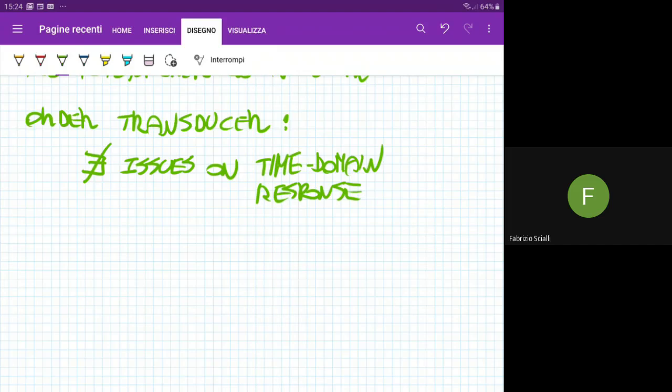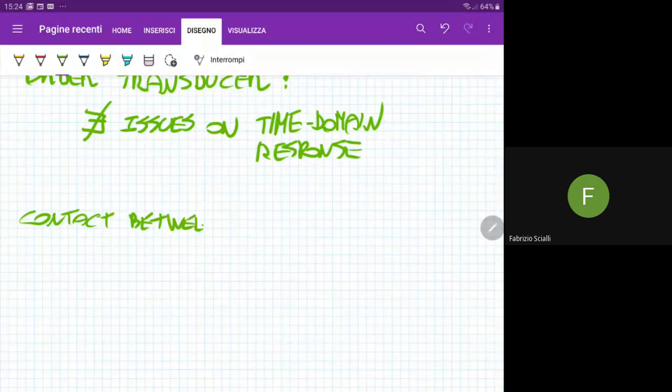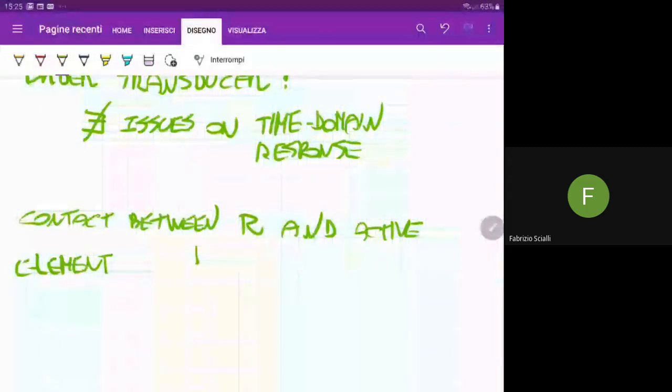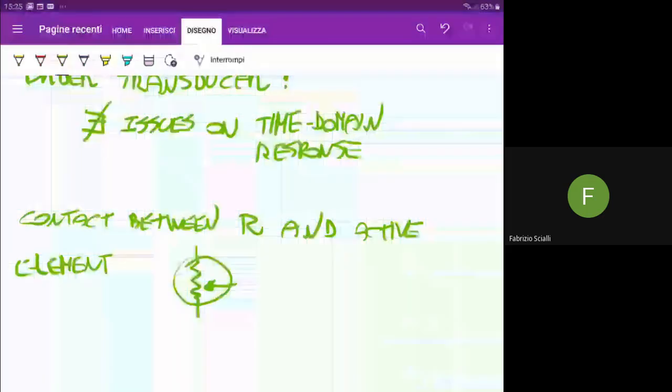So in our model, the contact between the resistance and the active element, the mechanical element that is connected to the actual displacement, induces noise